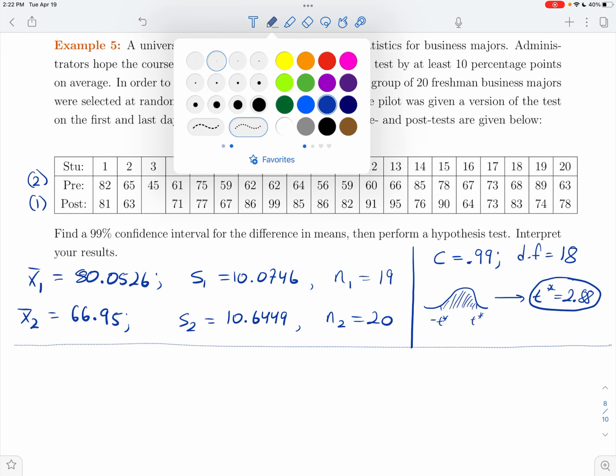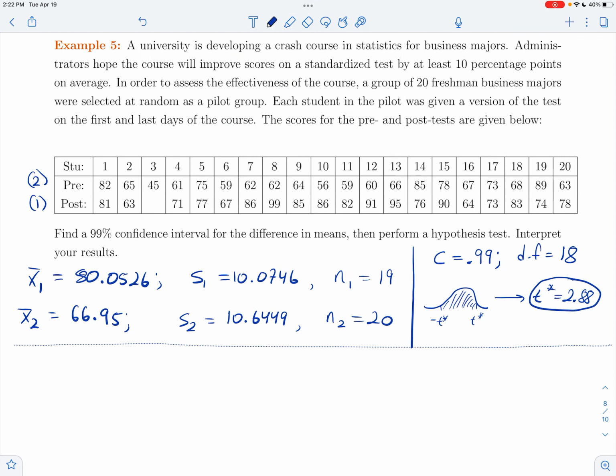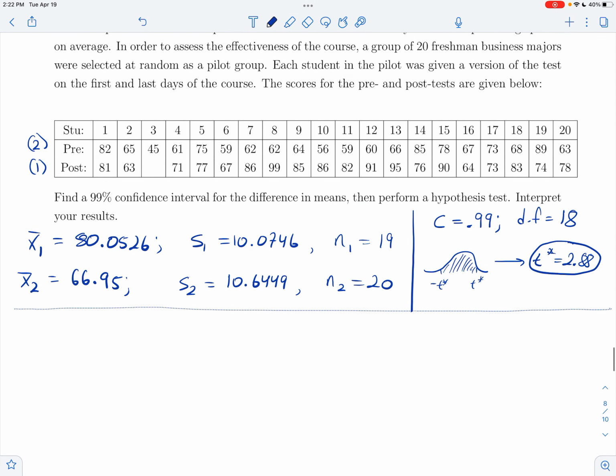All right, so let's do it. Pull out your formula. If you don't have it in front of you, I would encourage you to pull it out and then watch how this goes. I'm going to take x1 bar minus x2 bar, so 80.0526 minus 66.95. Then I'm going to say plus or minus the square root of, and then I take my first